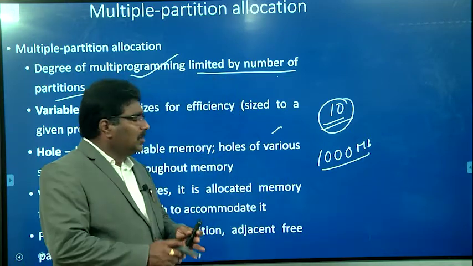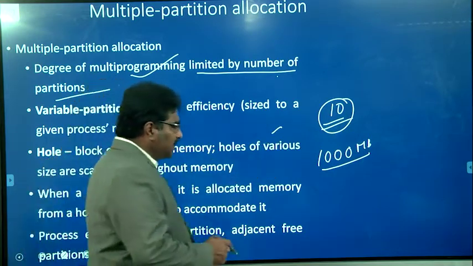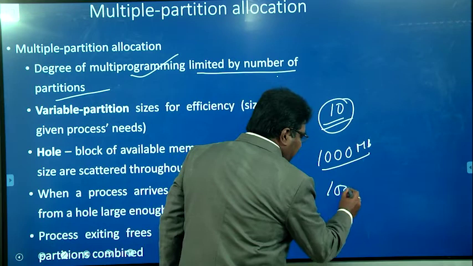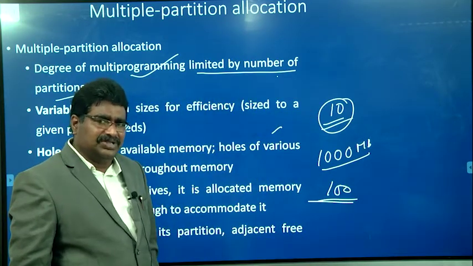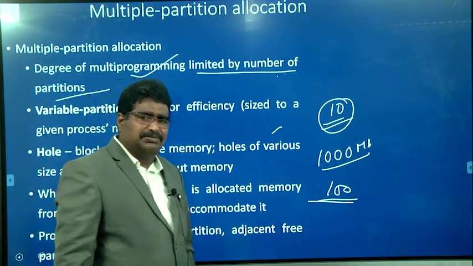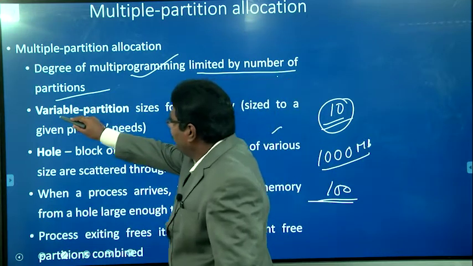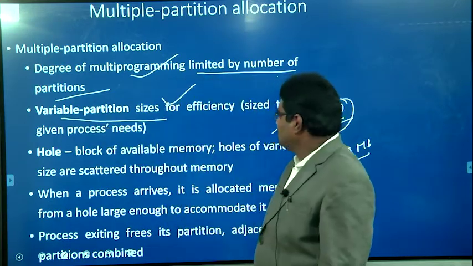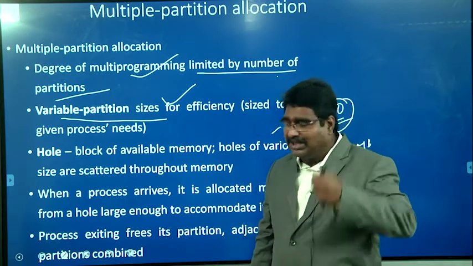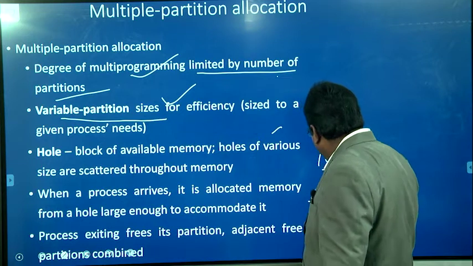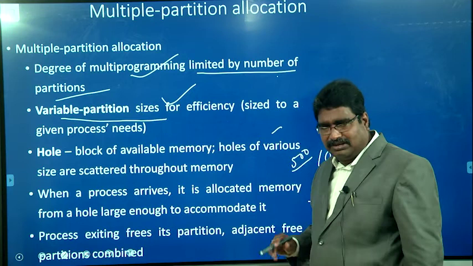It is possible to load a process whose size is less than or equal to 100 MB. If we need to run a process whose size is 150 MB, it is not possible to load it into any one of the partitions. That is the limitation. For that reason, whenever the operating system uses contiguous memory allocation, it goes for variable partition size for effective utilization. For example, assume the maximum possible process size is 500 MB and the total user space is 1000 MB.